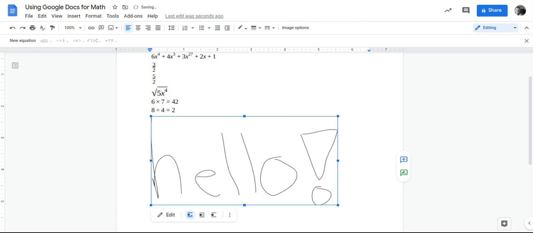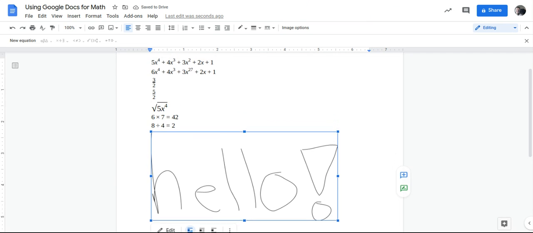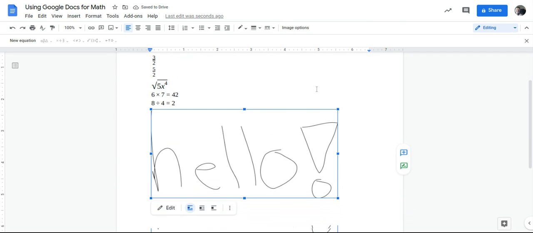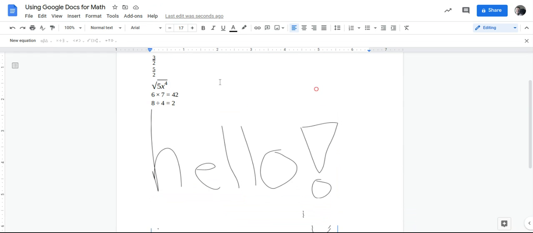And one last thing I want to highlight with these Google Docs and Math is that, again, you still have that option for inserting comments and edits. So that will be very, very helpful as you collaborate with each other. And you can also do it on the drawing, say like, oh, I like that